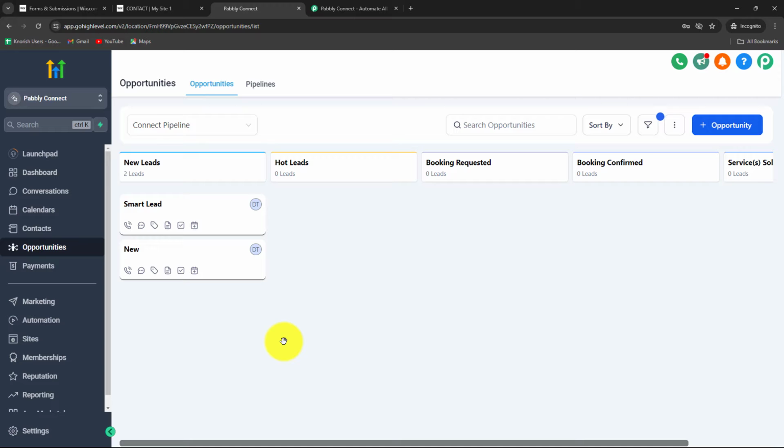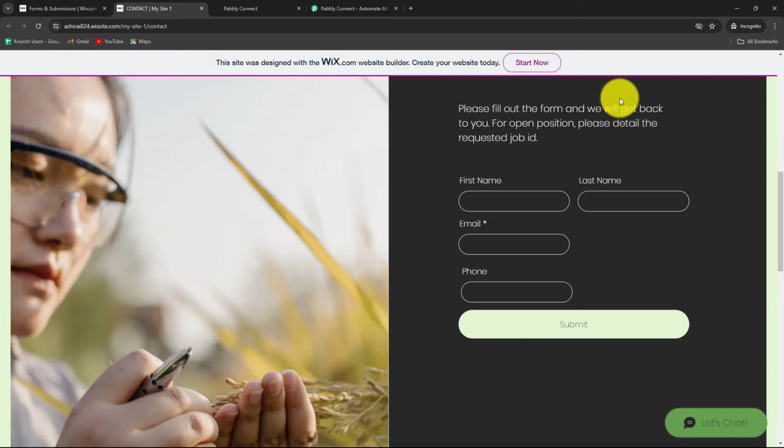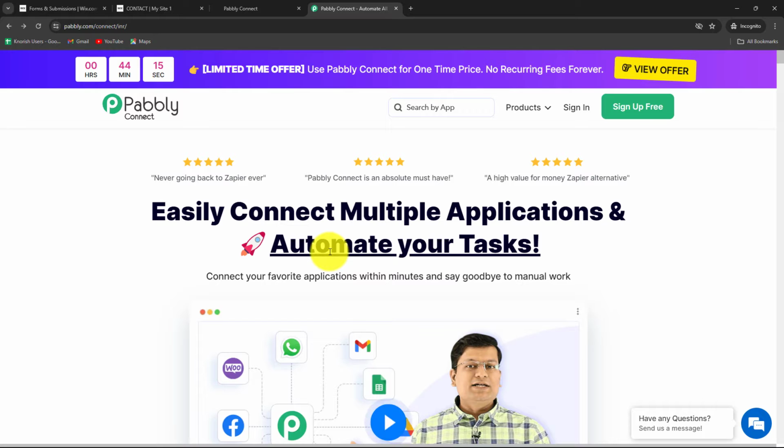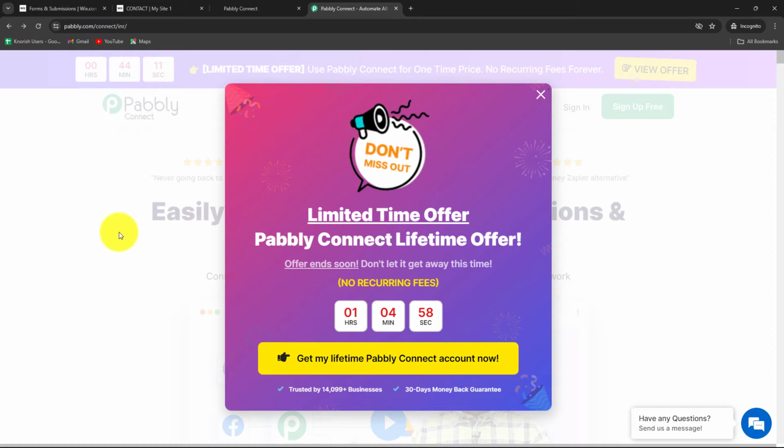screen. In this video, we are going to learn how to add a new opportunity in GoHighLevel CRM whenever a new form submission is made by a lead in Wix. In order to automate this entire process, I am going to use Pabbly Connect, with the help of which I am going to set up a connection between Wix Forms and GoHighLevel CRM, and that too without any coding or programming skills. So this is the home page of Pabbly Connect, where we can reach by entering the URL